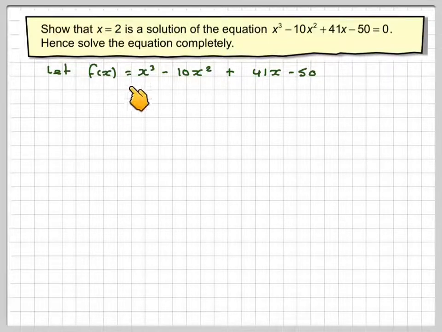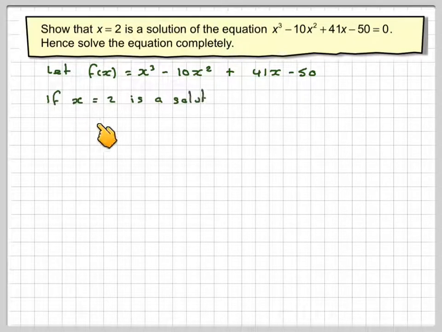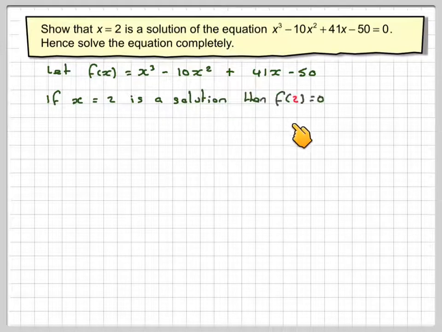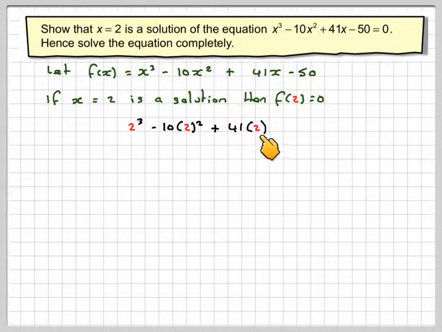So if we let f of x equal x cubed minus 10x squared plus 41x minus 50, if x equals 2 is the solution, then if I put f of 2, i.e. if I put 2 instead of x in here, I'm going to get the answer 0, and that's what I've got to show really. So 2 cubed minus 10 times 2 squared plus 41 times 2 minus 50, that's equal